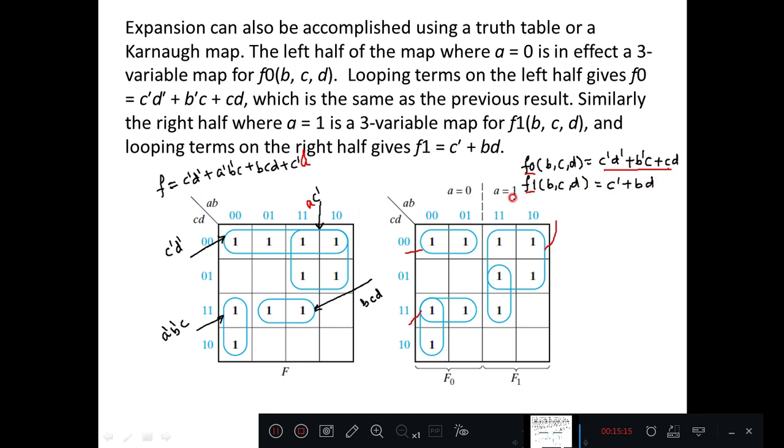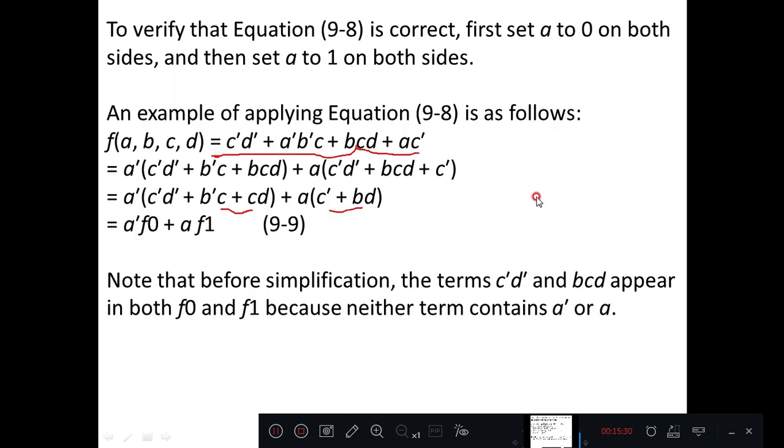When A is equal to 1, for the remaining 3 variables B, C, D, the expression that we have got is C dash BD. This we are referring to as function F1. You can observe here how we have got from this step to this step: we get C dash or BD, and this particular term C dash D dash or CD, B dash C.